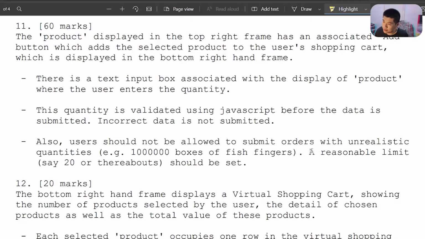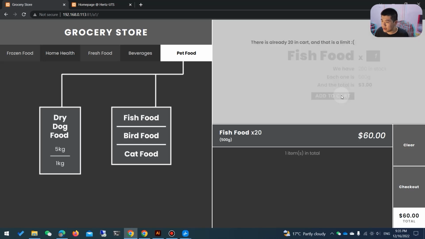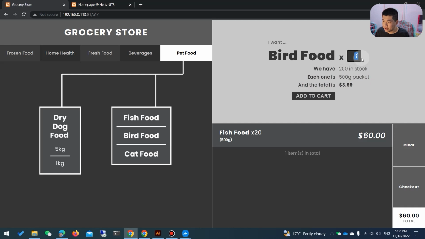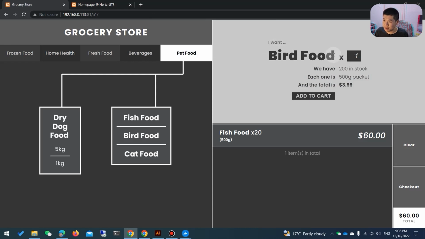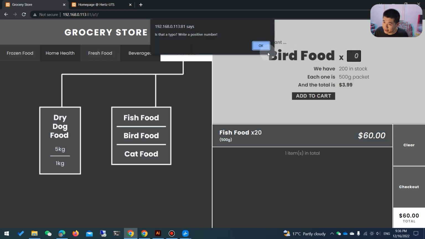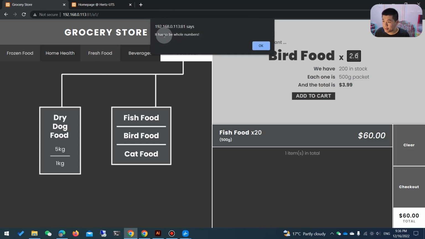We also needed to implement a limit to how many of those items we can add. For example, if we add 19 more to the cart, we can see that we could only add 20 to the cart. If we go to a new item, we also needed to check if the user entered something like 21, and then we have something to notify them. Some other format checks include if the number is negative or zero, or if the number is not a whole number, basically making sure that the number is valid.